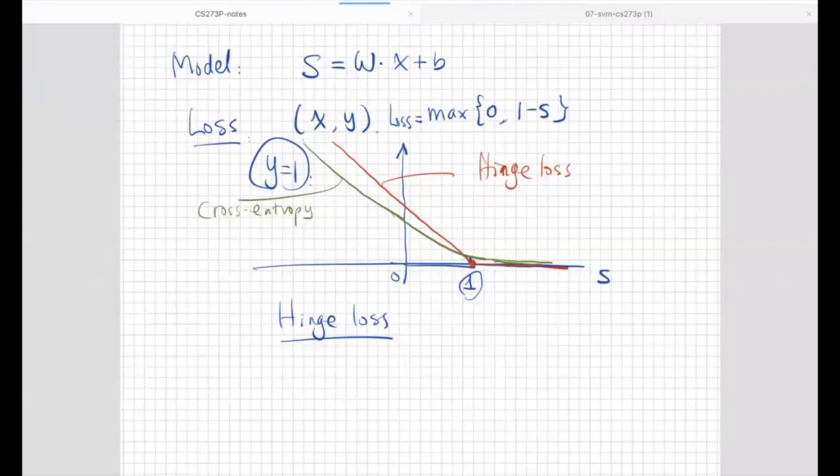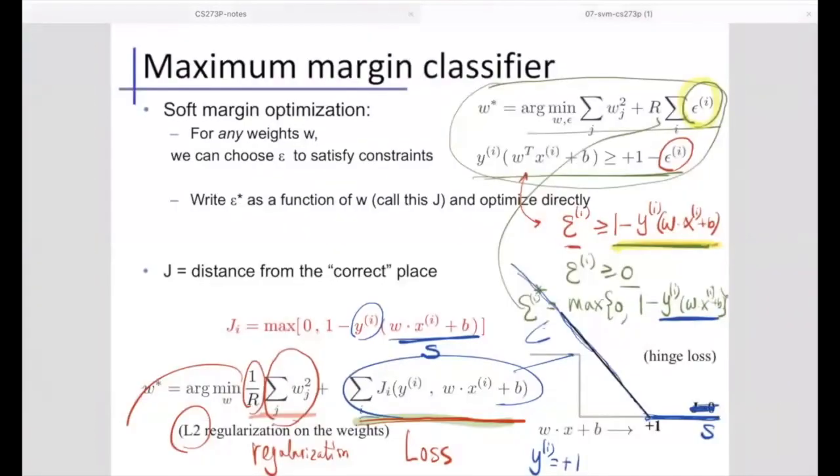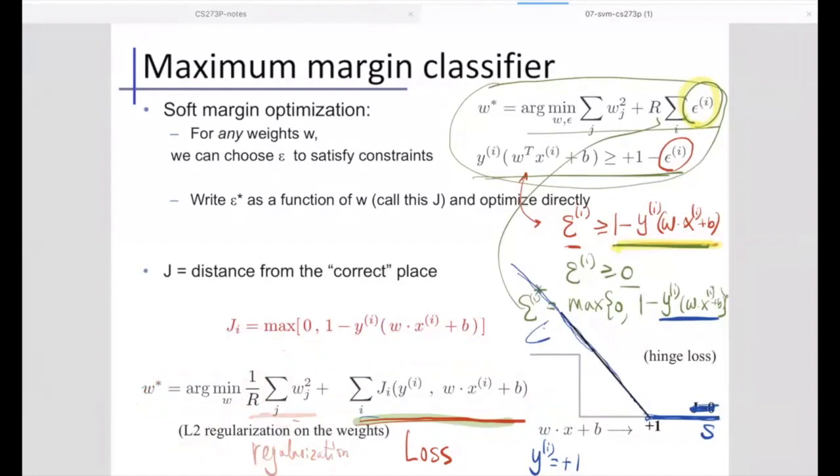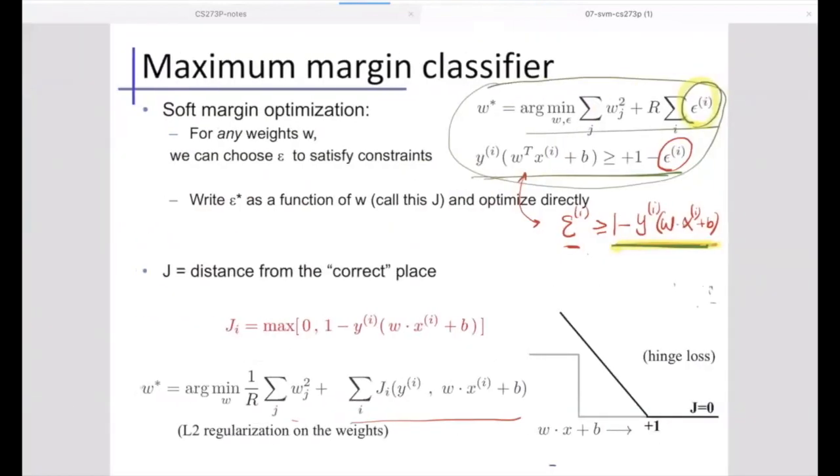So in summary, let's go back to what we talked about so far. The soft margin SVM can be understood as minimizing a loss function subject to this L2 norm regularization. The only difference is that this loss function is a hinge loss function, not a cross entropy loss function. All right. So once you have this,